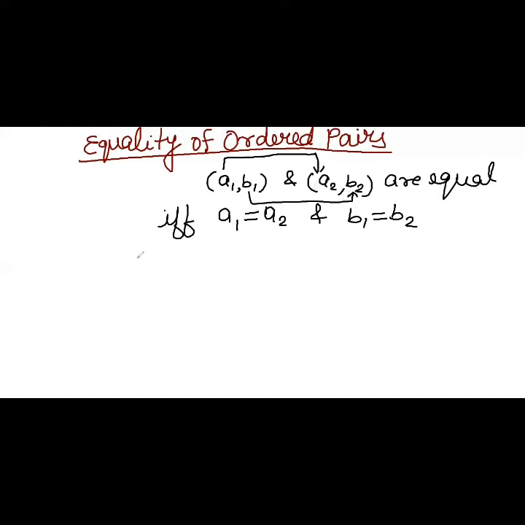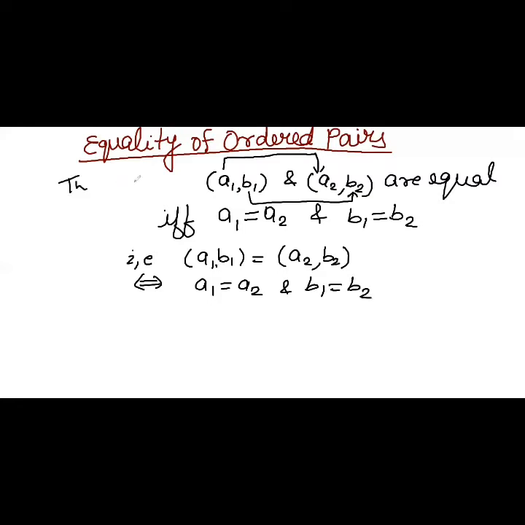So this is the very simple concept for you all. So mathematically we can write it as (A1, B1) equals (A2, B2). That implies if and only if A1 equals A2 and B1 equals B2. And here we have taken two ordered pairs. So one example I'm going to take so that it will be clear for you all. So example is here, find